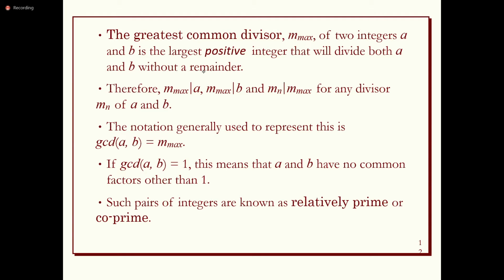And also we discussed the greatest common divisor, GCD, and how to find it. There is a theorem, an algorithm. The GCD of two numbers is the greatest common divisor of the two numbers. If the GCD of two numbers is 1, it means the numbers A and B don't have common factors. Then A and B are called relatively prime or co-prime.